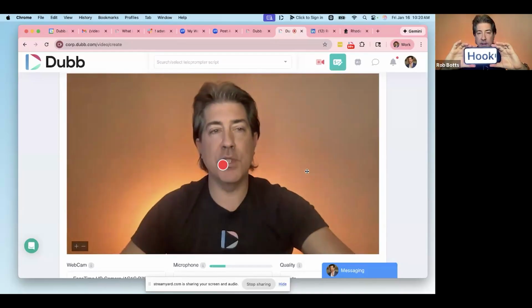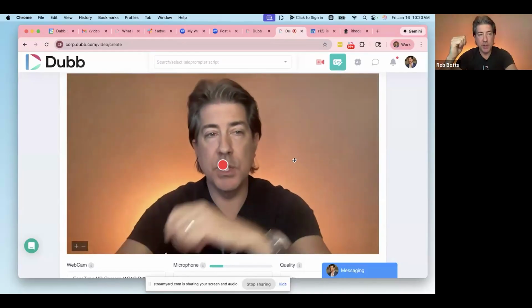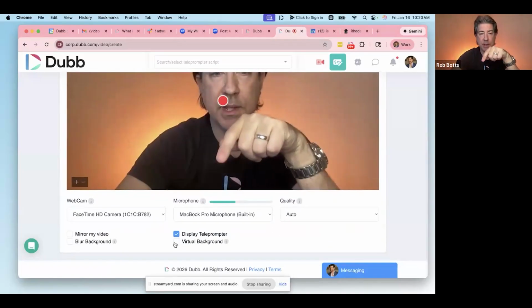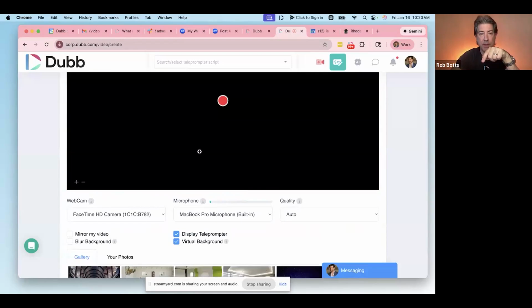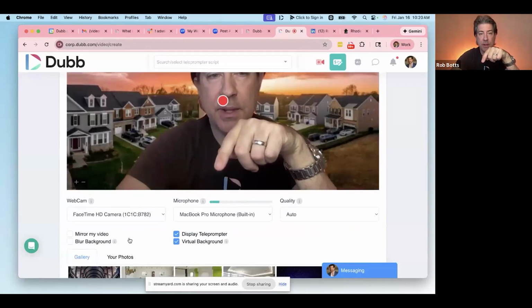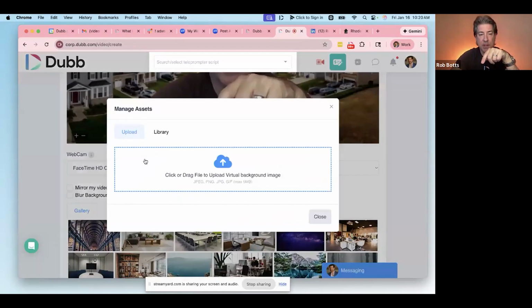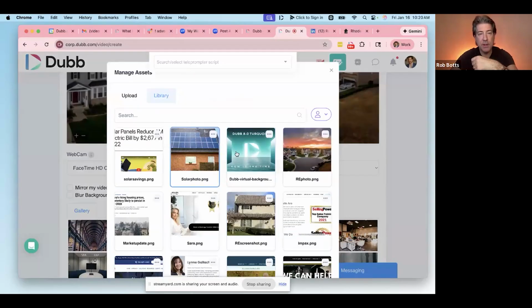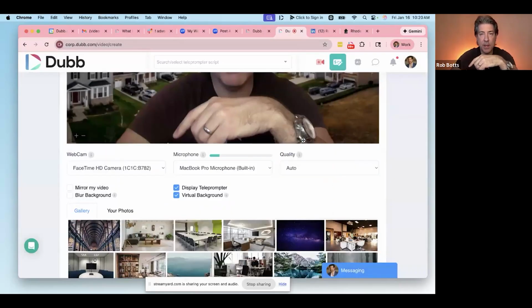And then if you want the virtual background behind you, what you would do is go below, select virtual background, and then you go down here and you select your photos. And then you come in here and you're going to upload any screenshots that you want. So these are properties, articles, websites, all that good stuff we talked about. And then you're going to have a little library of everything that you need. And then you just select the one that you want, and it's going to put it behind you, just like